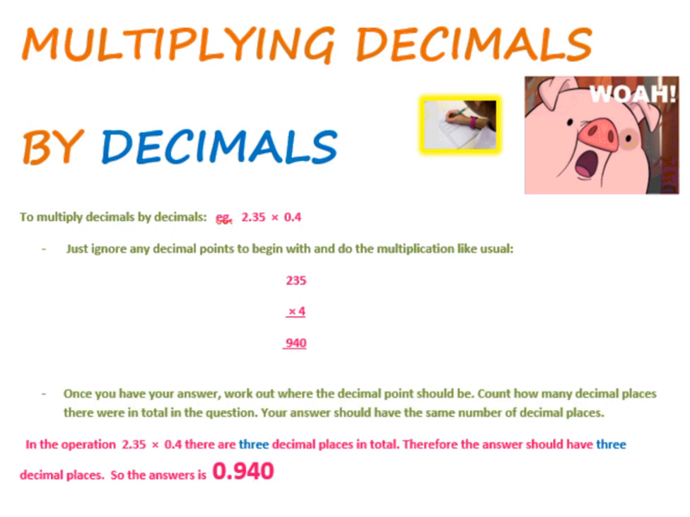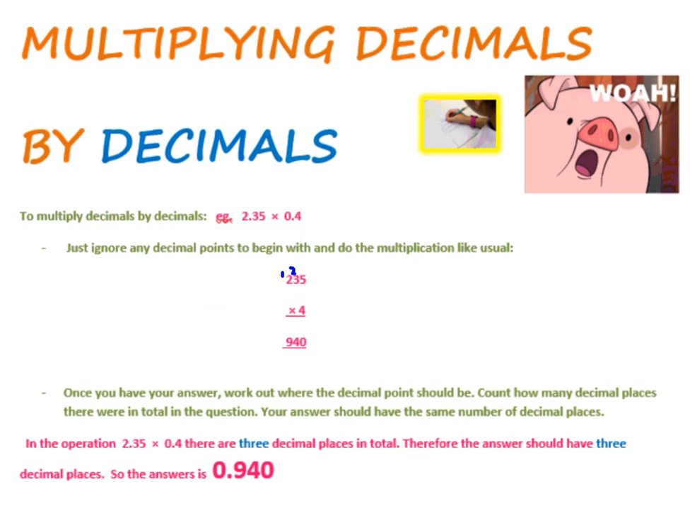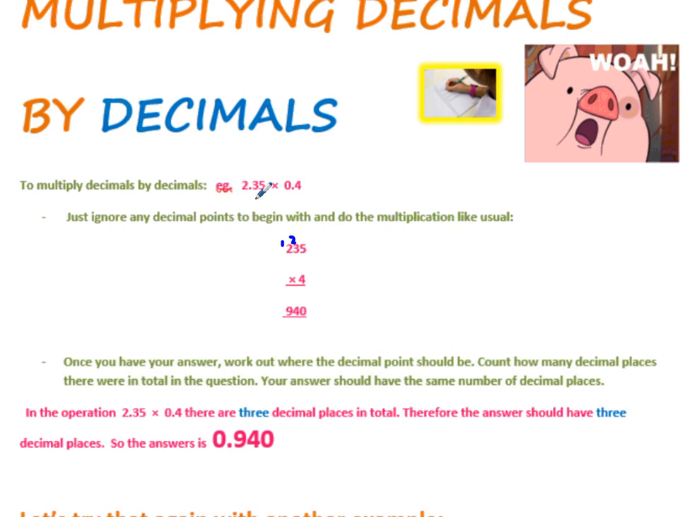So to multiply decimals by decimals, again, just ignore the decimal point to begin with and do the multiplication like usual. So 2.35 times 0.4, you'll do 235 times 4. 5 4s are 20, carry the 2. 3 4s are 12, plus 2 is 14, carry the 1. 2 4s are 8, plus 1 is 940. So then look, how many dp is there in the question? In the question there are 3 dp